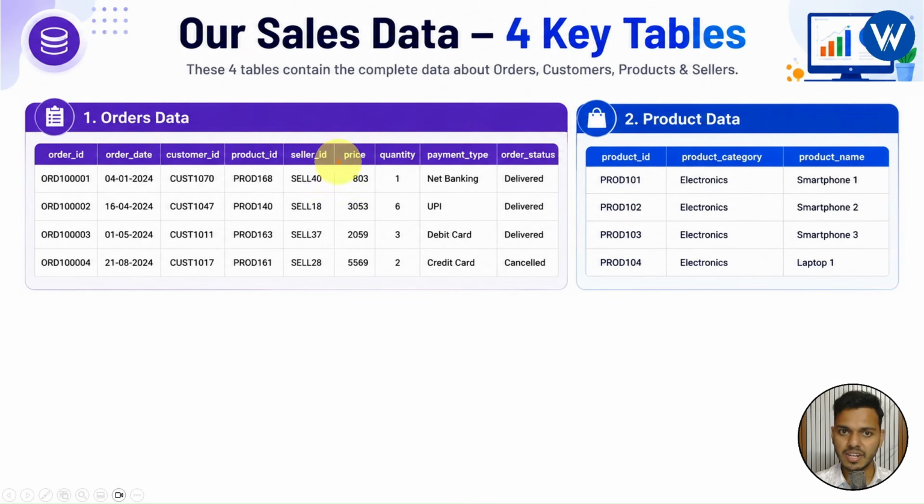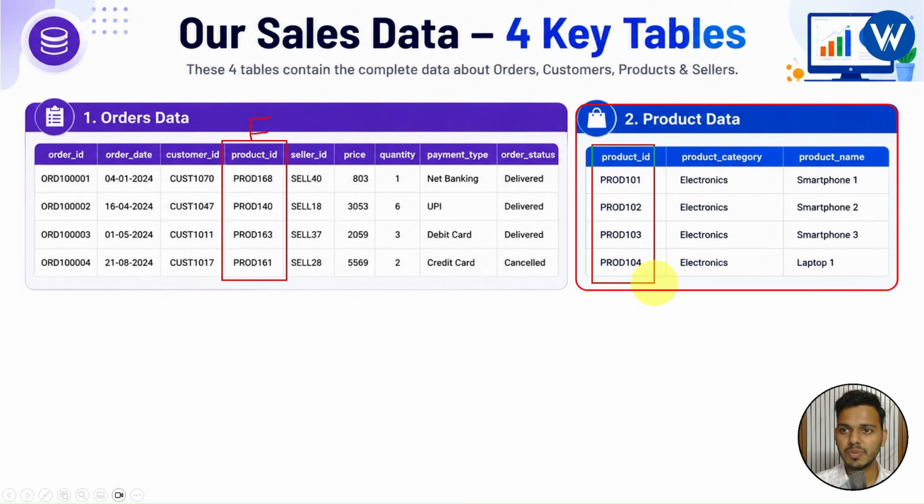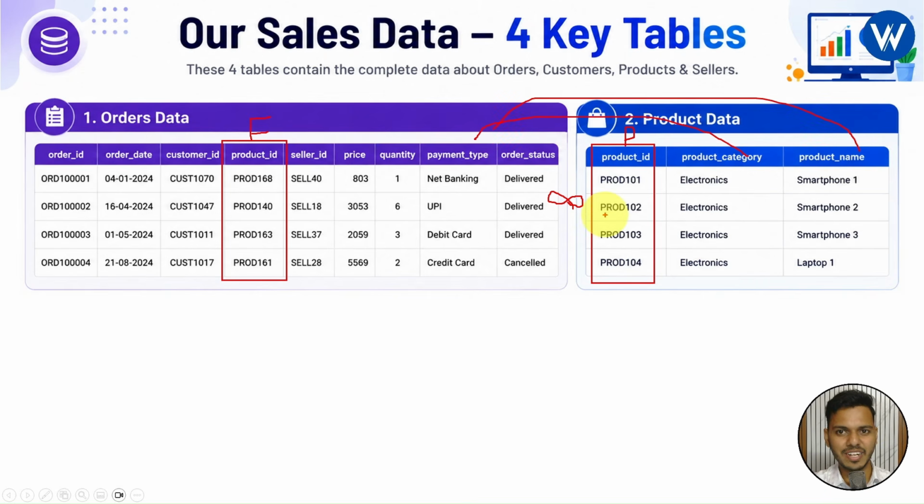here we can see this product ID column. This product ID column is a foreign key. Let me write it here. And the product ID column in the product table is a primary key. These are two important points you need to note down. Now with the help of this common column between both tables, we can build the connection. So basically we can build a relationship between both tables, and with the help of the relationship we can find the product category record as well as the product name record with the help of this common product ID column.